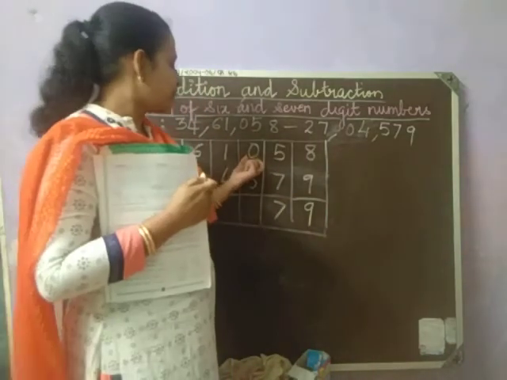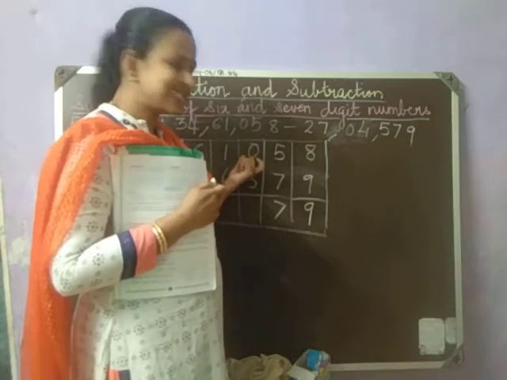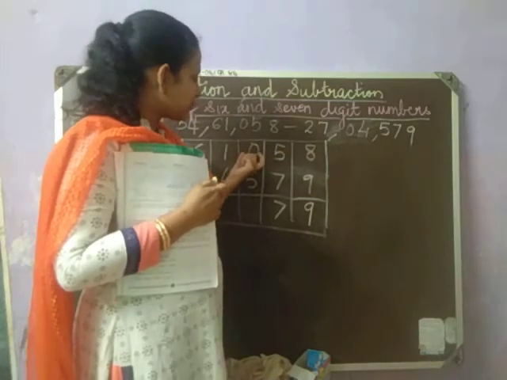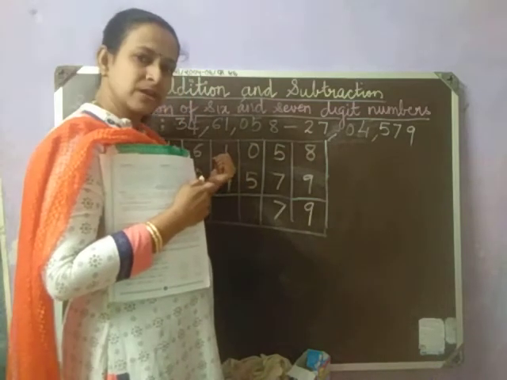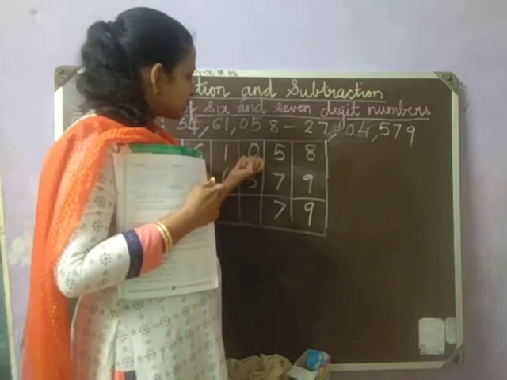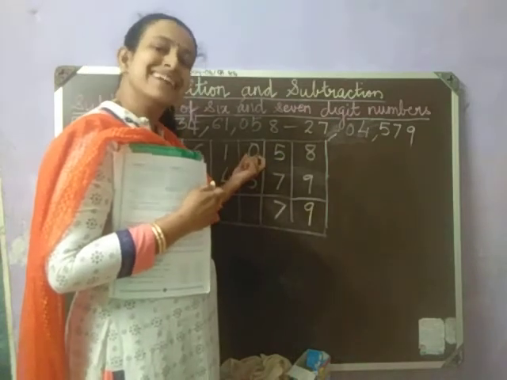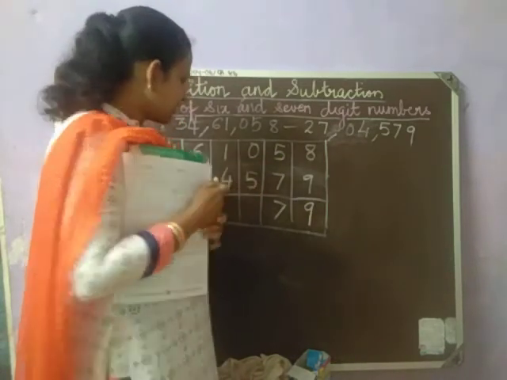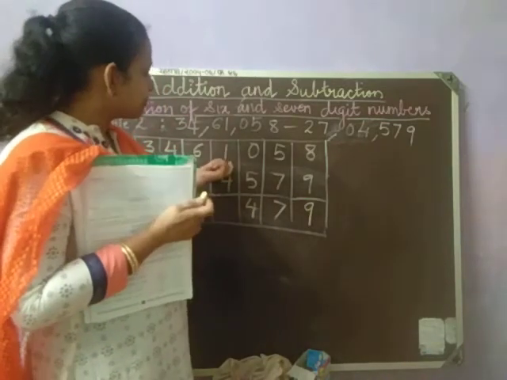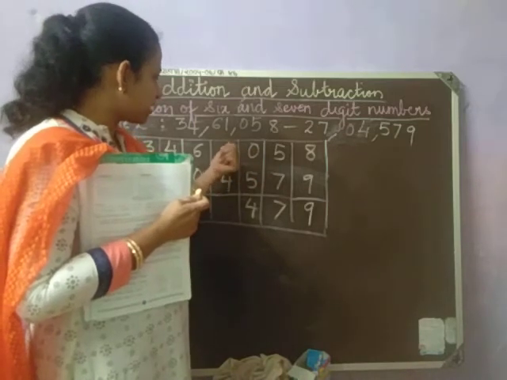Fine. Now again from here, this is 0. So 0 means actually we are considering it as 10. From here we have already taken 1, so from 10 we have taken 1 over here. So how much is remaining? 9. So 9 minus 5 is 4. And remember, already we have taken from this side to make it 10. So here it becomes 0 again.